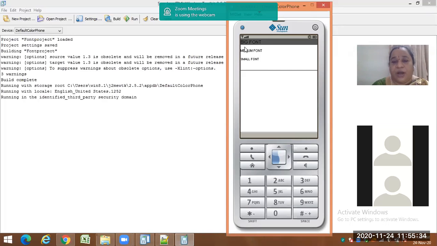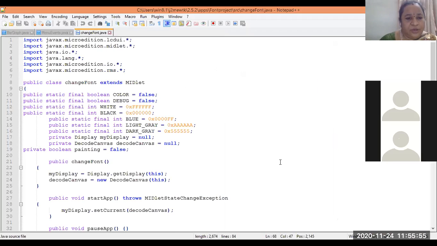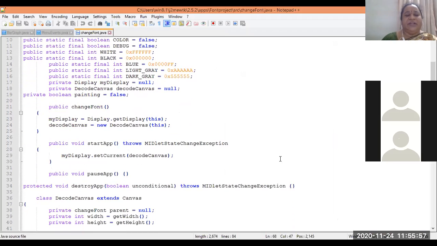So this is how we can arrange the fonts in different sizes and how we can fill the color over that particular font. We can also fill the color for medium font and also the small font. For example, say if you want to change the filled dark gray with the blue, say